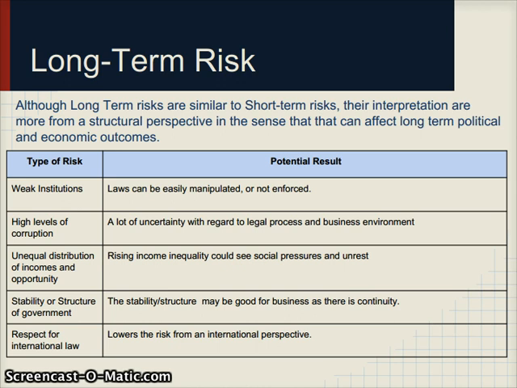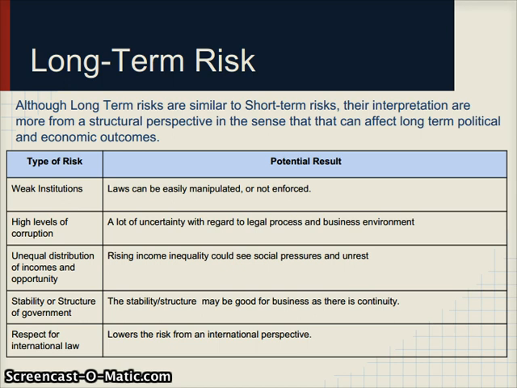Typically, something economic has to happen for them to reach a tipping point. One case could be very unequal incomes, where the poor people, who could be the majority of the population, see a huge fall in living standards. They can no longer afford their living standards because of high inflation and high unemployment, and that could see a tipping point. So this is more of a structural issue, which combined with a short-term political risk such as high inflation and high unemployment could cause a big change in political outcomes.